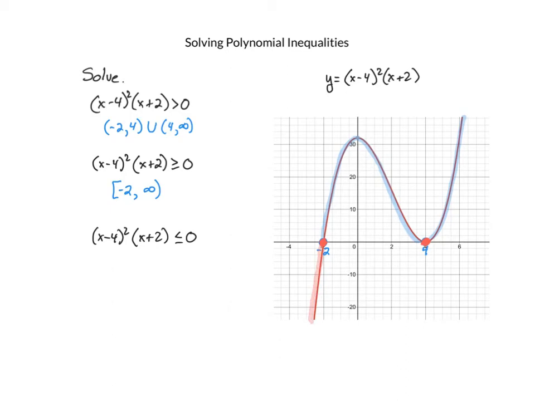So the solution to this inequality is the set of real numbers to the left of -2, or less than or equal to -2. And we also need to include the number 4. So let's write this out. We'll have negative infinity up to and including -2